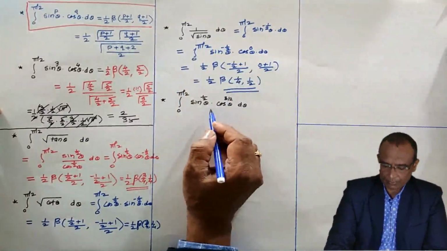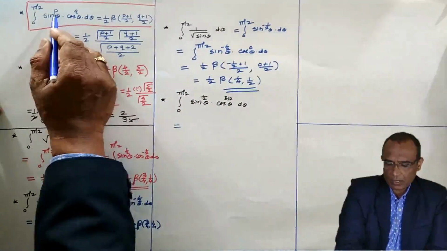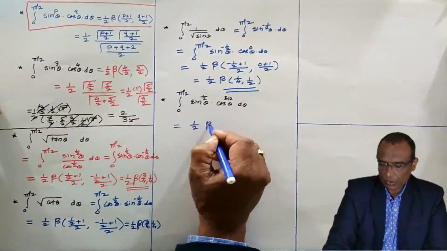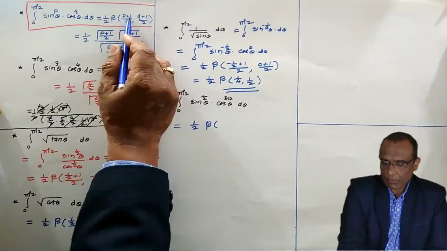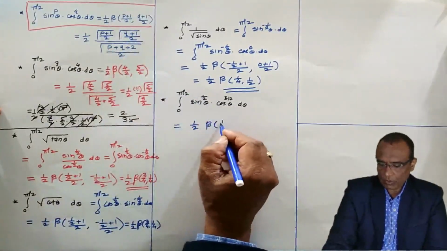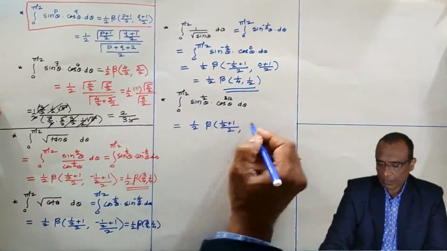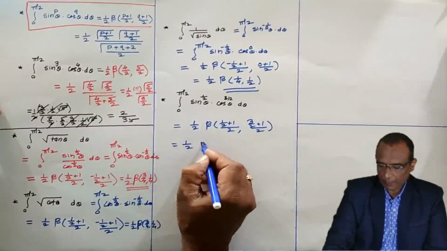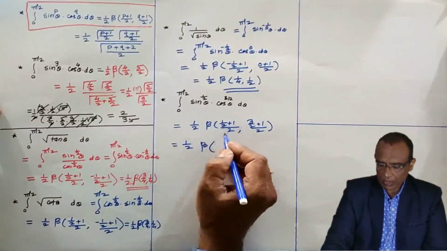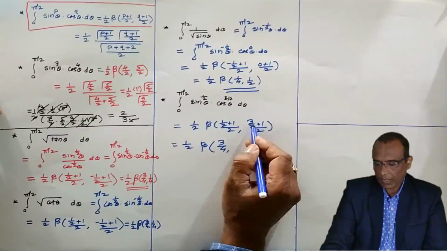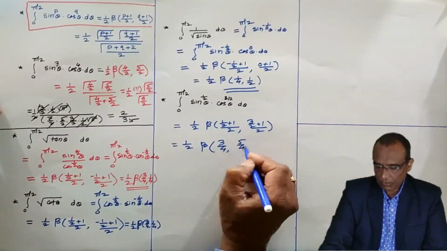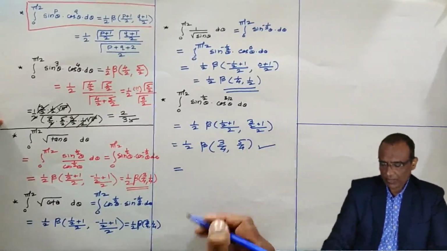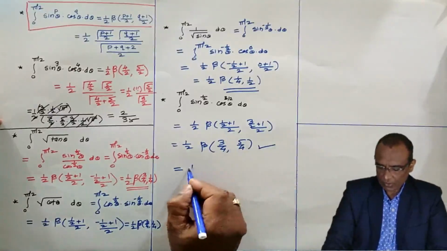Now the same problem. Here p is 1 by 2, q is 3 by 2. Okay, I am writing a little bit fast. 1 by 2, use this formula. P plus 1 by 2 means 1 by 2 plus 1 divided by 2, and 3 by 2 plus 1 divided by 2, 1 by 2 beta. This is 3 by 2 means 3 by 4. This is 5 by 2 means 5 by 4. So this may be given as an answer, but you can solve it further because we have sufficient space here, therefore we are going to solve it further.